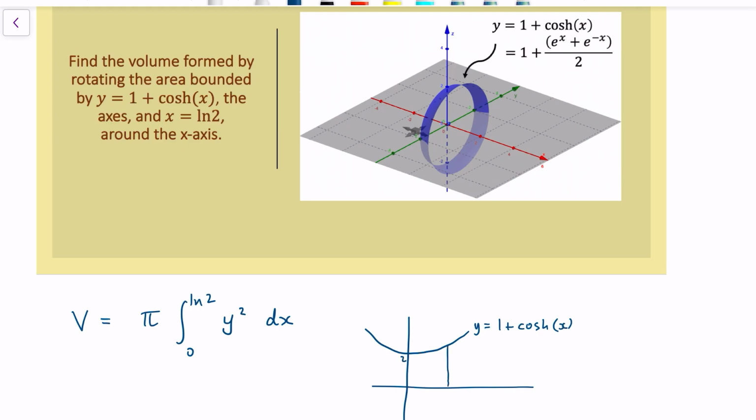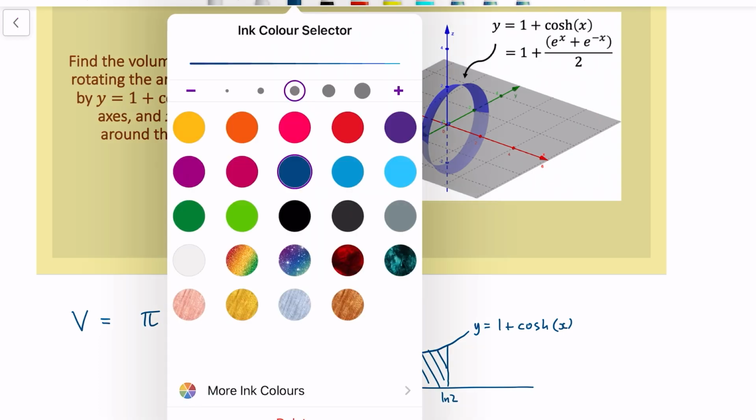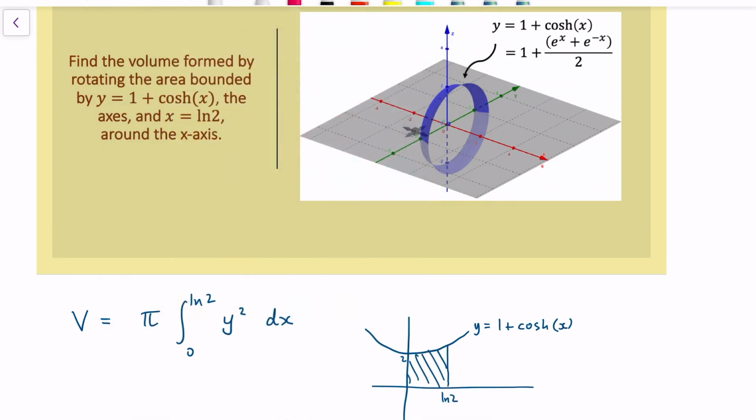If we take this region here between 0 and ln2, and then we rotate it around the axis, it kind of looks like this. We get all of these very thin cylinders, and they all have a slight width of dx, and they all have a radius